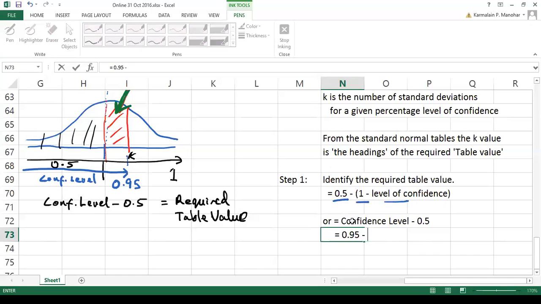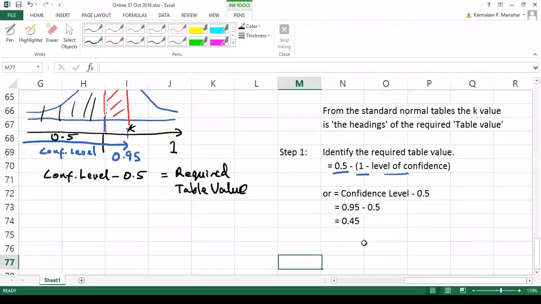That will get us equal to 0.95 minus 0.5. Somebody give me that answer. Great, people are following. Excellent. 0.45. Thank you, Anita. So the 0.45 is again the required table value, and that's the area which I outlined in red on the graph. So again, that is a value which is within the body of the table. So once we have this, our next step 2